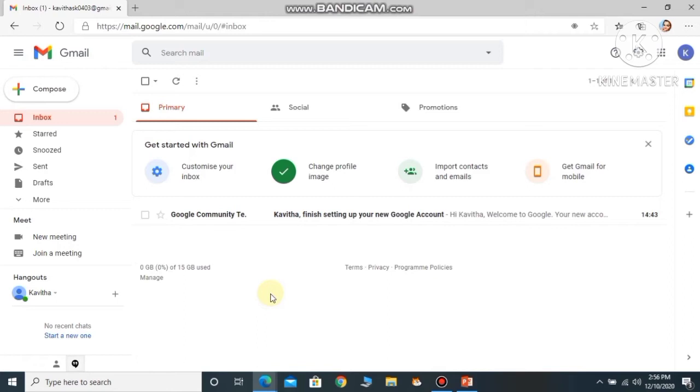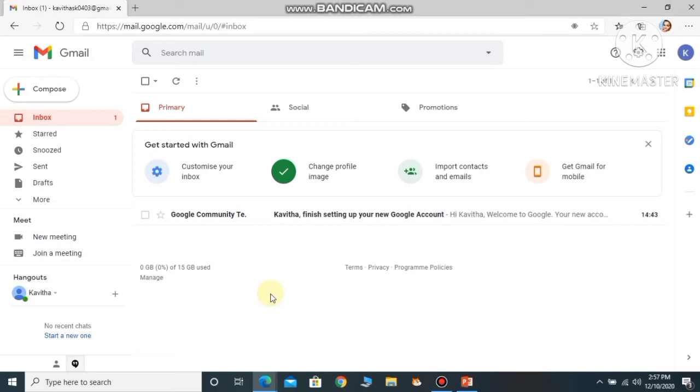So let us understand how to compose or write a mail, what the inbox is and what it contains, what the draft messages will contain, and what sent items will contain and all. And now I'll show you how to attach a file also. Lastly, I'll show how to log out or sign out. It is very simple. It is very user friendly. So just by seeing it, you can understand it.